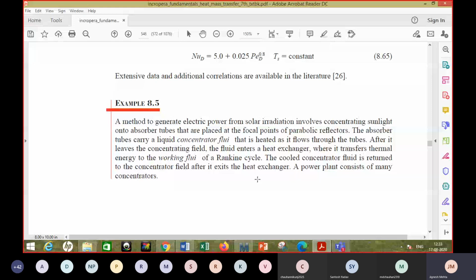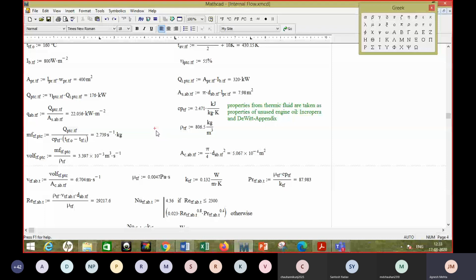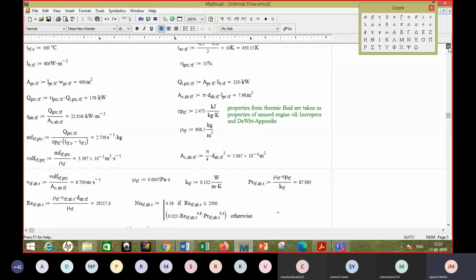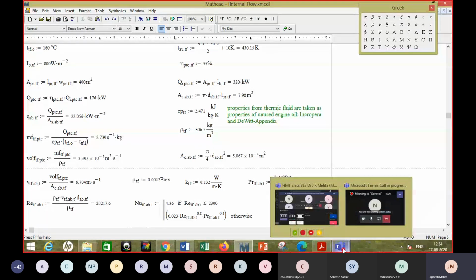Okay, now we are focusing on this example. You are satisfying all required conditions for the Dittus-Boelter correlation, so you can use that correlation and find out the value of the Nusselt number. I think you are equipped to do this calculation. So tell me, what is the Nusselt number that you are getting in this case? Let us see whether that matches with mine. You may type your answer.